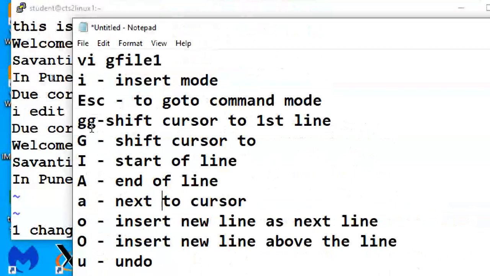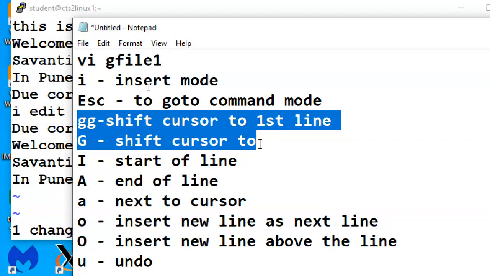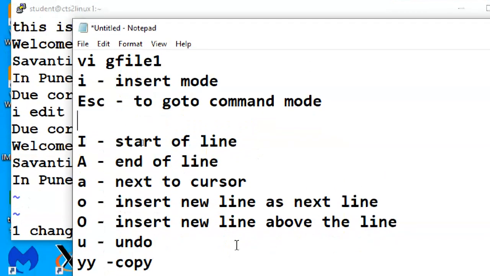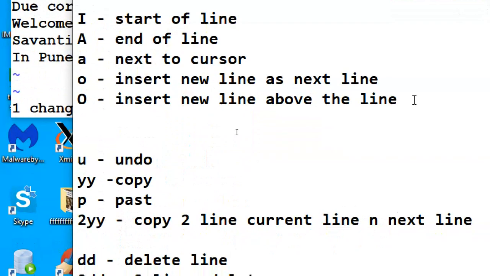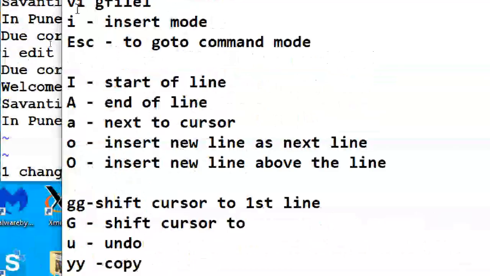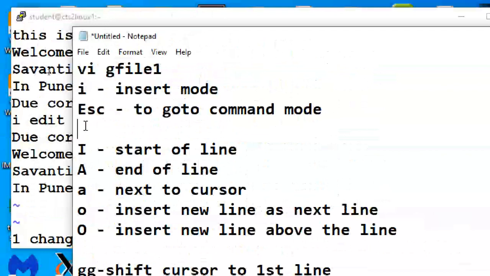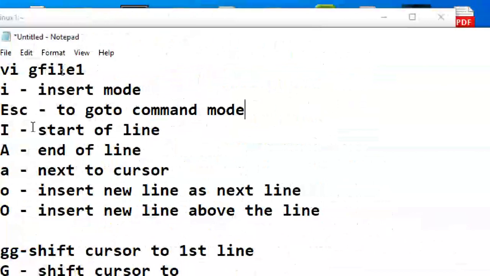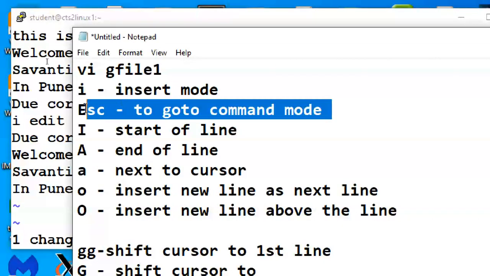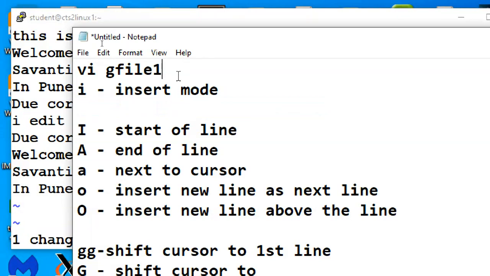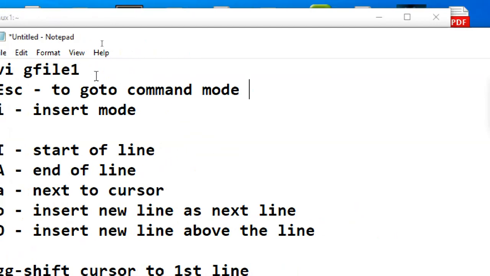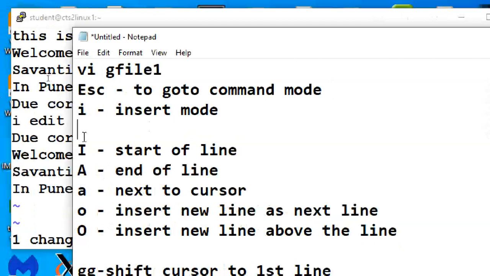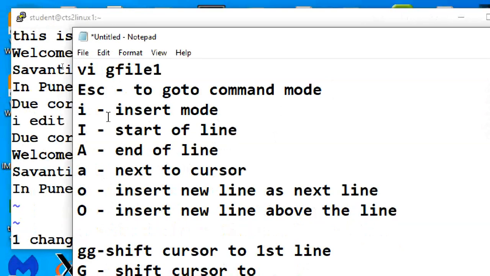So I am removing gg here. I'll put gg later. Because always you should use escape to do anything.